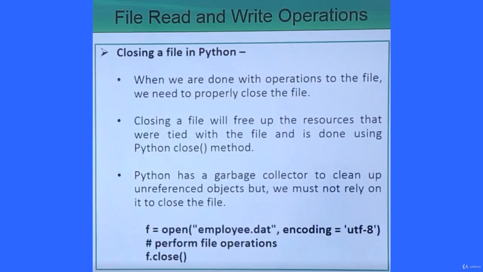Closing a file in Python. When we are done with the operations on the file, we need to properly close the file. Closing a file will free up the resources that were tied to the file, and this is done using the Python close method. Using this close method, the file will be closed and the memory space allocated for the file will be declared free. Python has a garbage collector to clean up unreferenced objects, but we must not rely on it to close the file. So that's why we should close the file